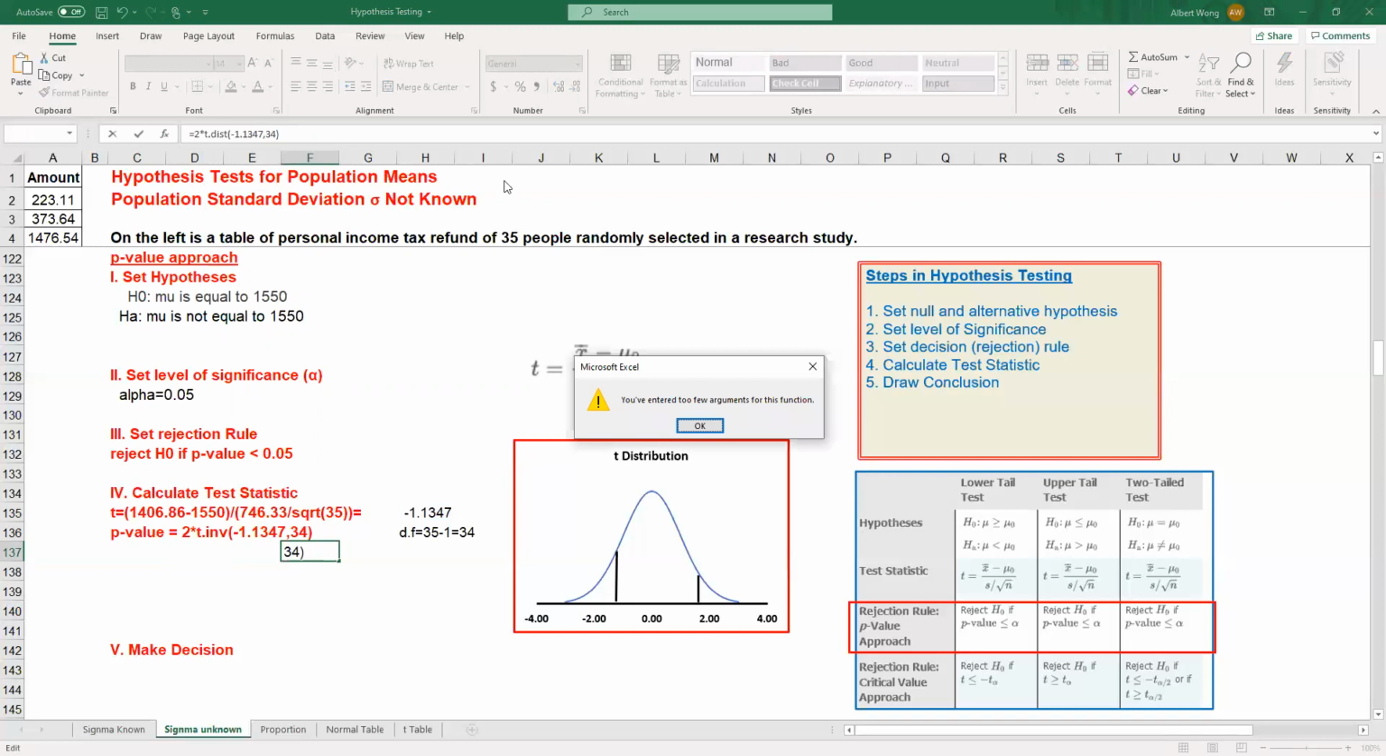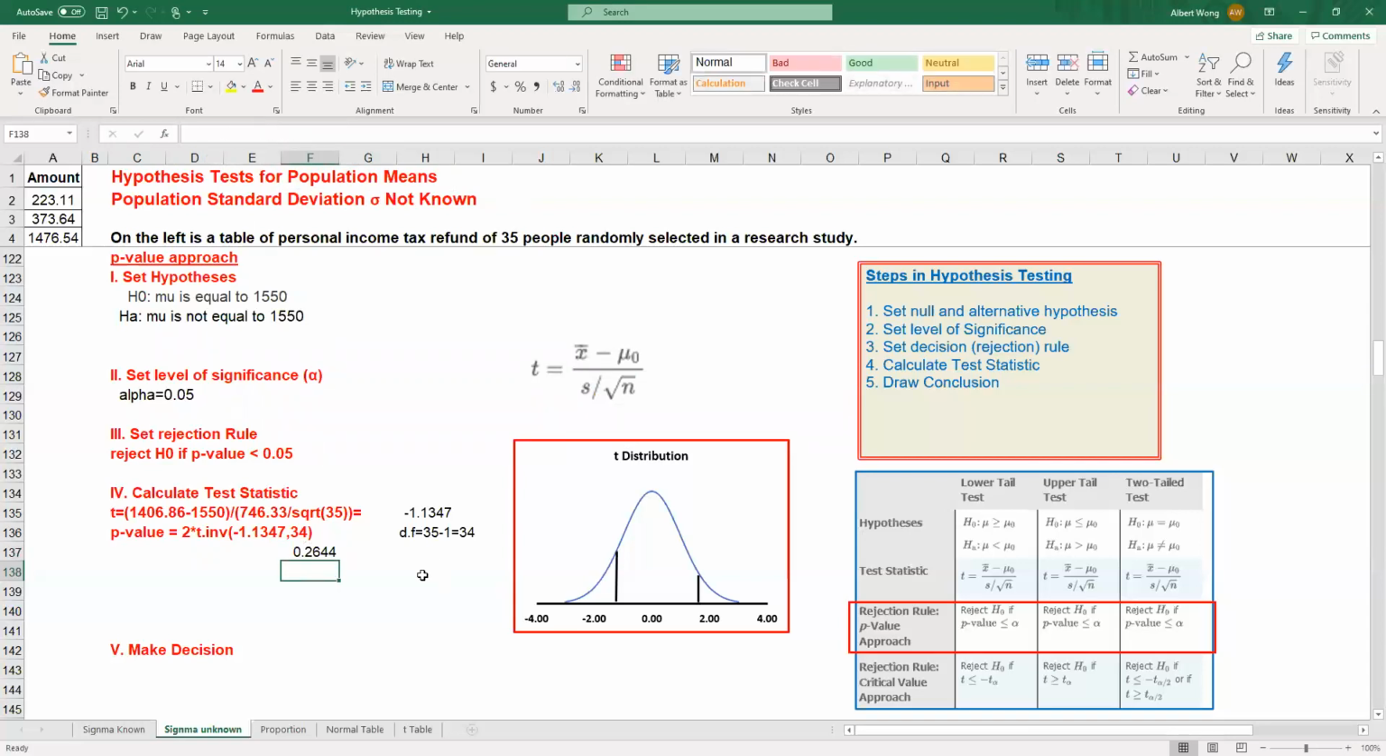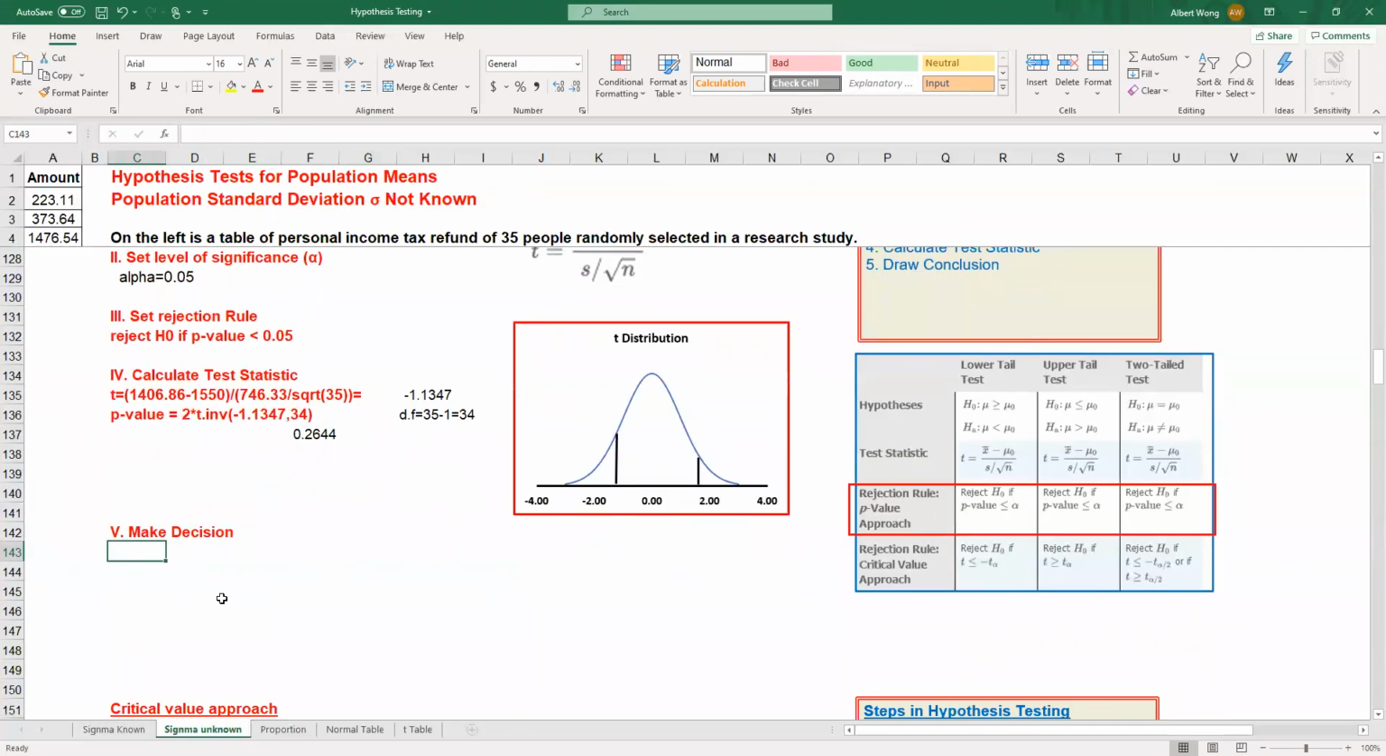So we should actually have, oh, I should actually spell true as well. Okay, so that's what we have. So the p-value is 0.2644. So we now can make a decision. We say since the p-value is equal to 0.2644, this is obviously greater than 0.05. And if it's less than, we reject. Greater than, we do not reject. So we do not reject